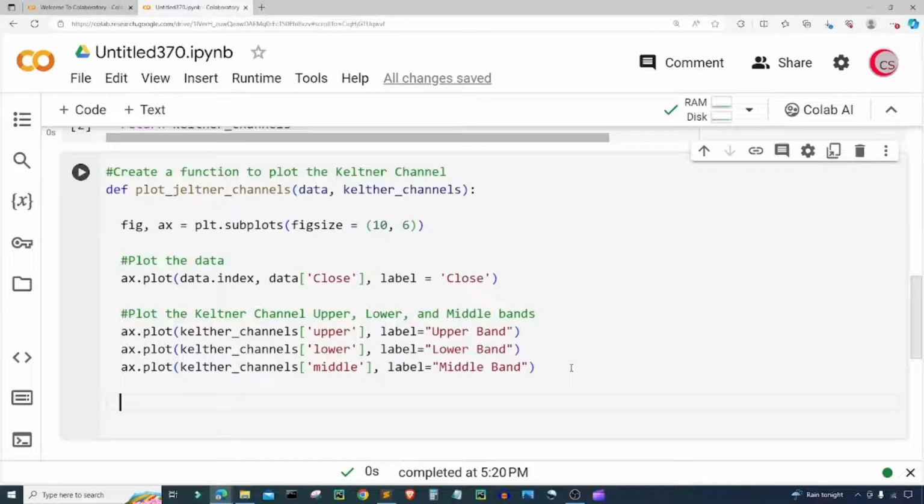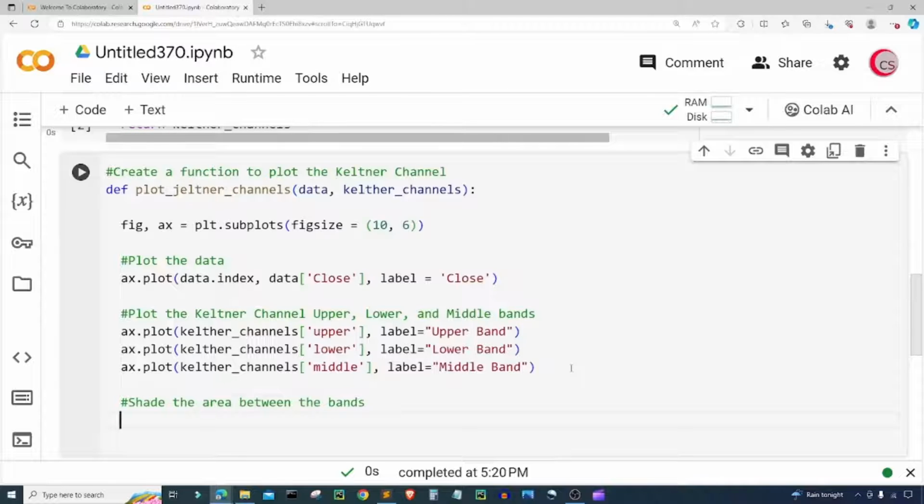All right, and then we're going to make it a little fancy. So we're going to shade it in. So let's add some shade. We're going to shade the area between the upper and lower band. So I'm just going to put between the bands. All right, so to do this, we're going to use fill between. So just type x.fill_between, and then we're going to put in keltner_channels_upper.index,